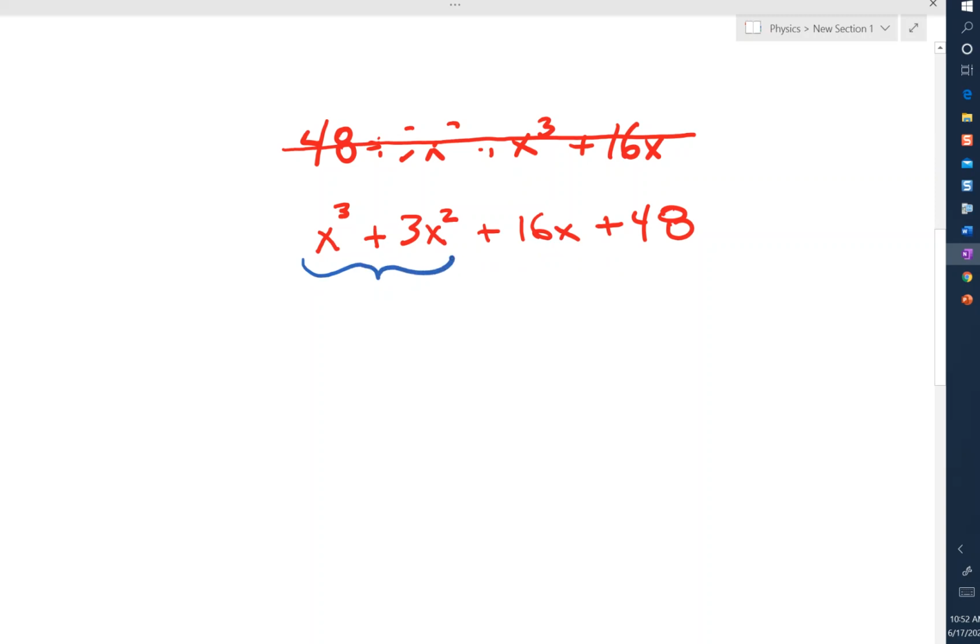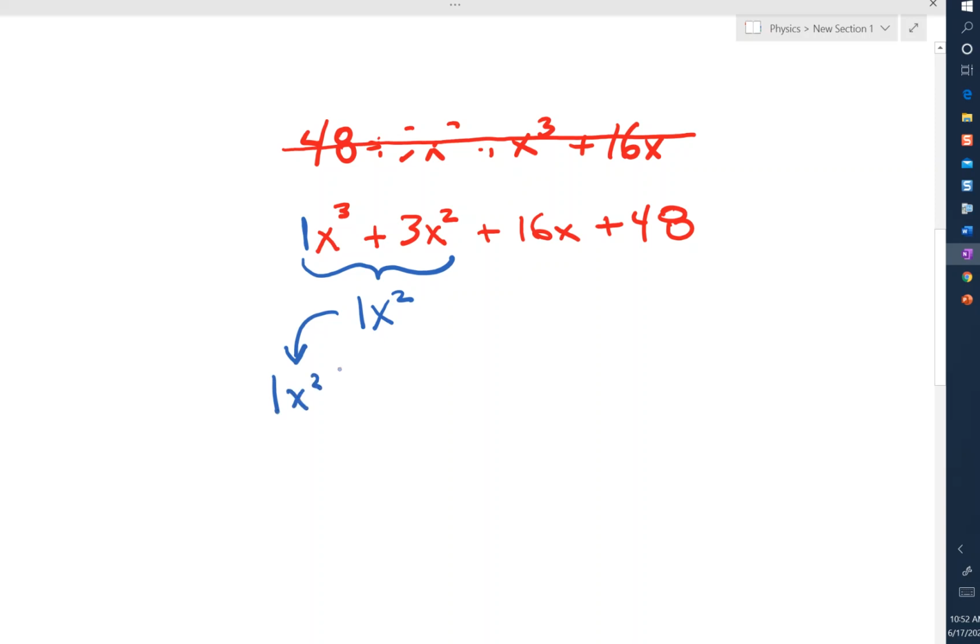So I look for the greatest common factor that'll come out of those first 2. I can't get a number out, right? This has a 1 in front of it. So I could take out a 1 here, but I usually don't write the 1. And then I look at the x's, and I've got 2 x's on this second term and x cubed on the first term. So the best I can do is take out an x squared. And you can put a 1 there if you want. I'm going to bring that down,